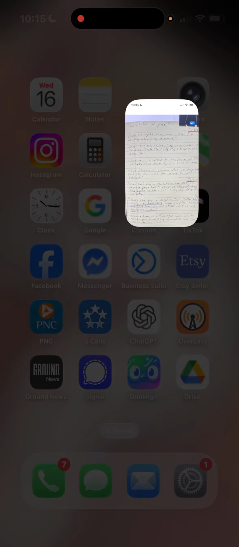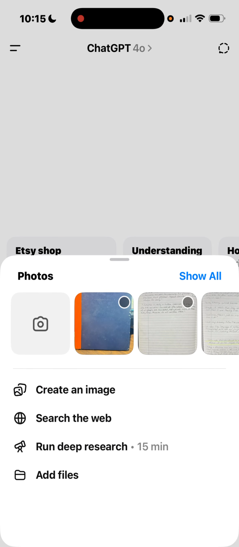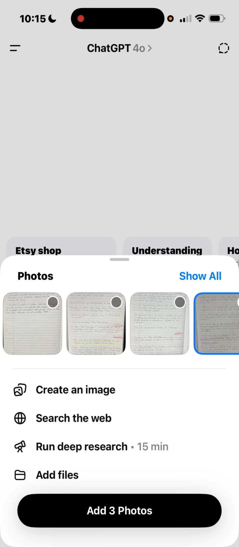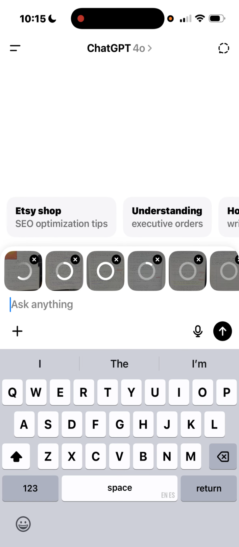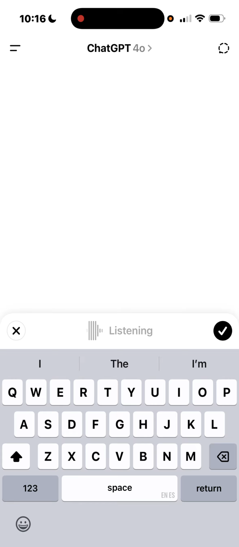What I'm going to do now is I'm going to open ChatGPT and I'm going to upload these photos. Not the photo of the cover, but just these of the inside where I have written notes about The Alchemist. So I'm going to talk through my prompt so that you can hear what I'm saying, and then it will show it also. So to talk into ChatGPT, you can push the microphone right here, tap on that.